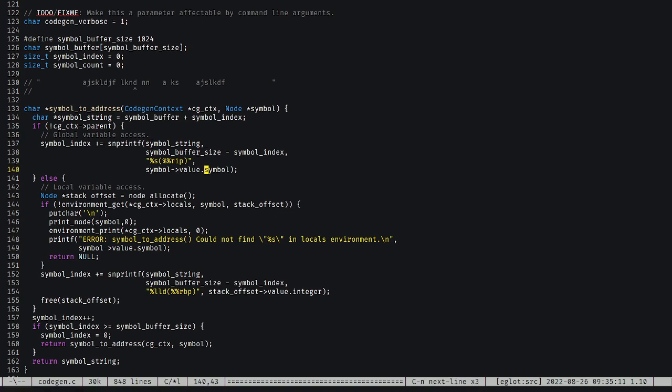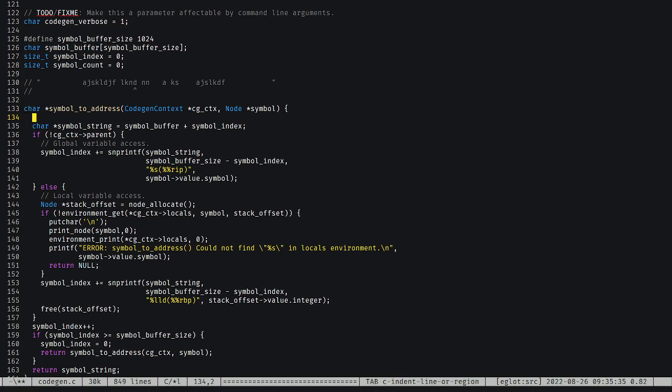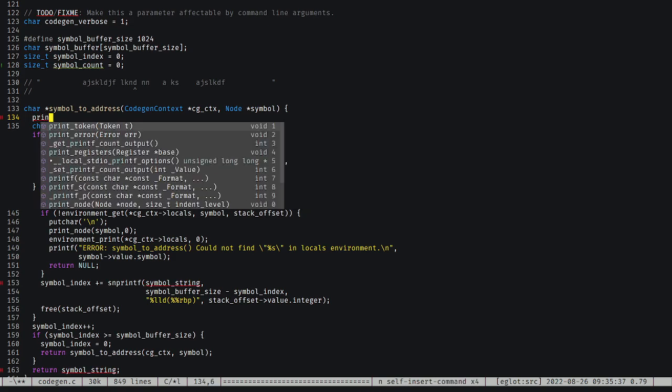So currently symbol value symbol, so symbol needs to be the type symbol, the type ID. It cannot be the type itself. And that I think is where we're making a mistake somewhere. In our code gen, we have code gen that is trying to get a symbol to an address, but it is not passing a symbol. So how we could fix that is honestly by making sure